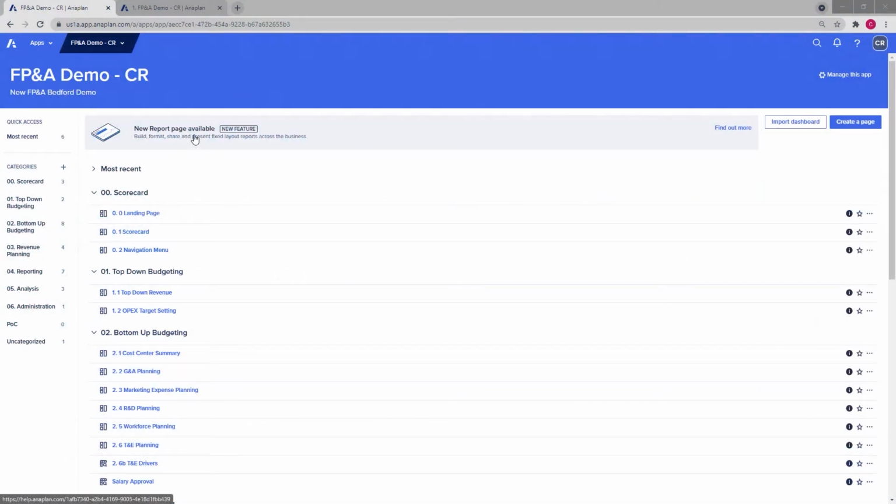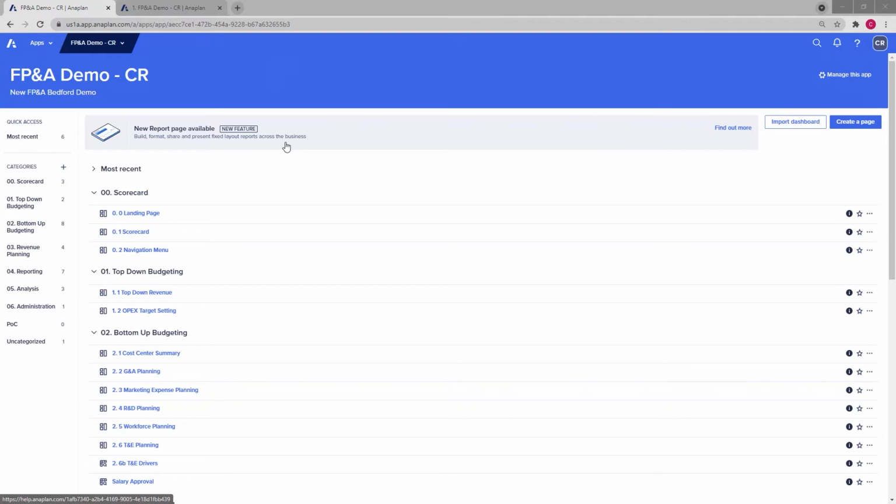Today I'm going to be showing you how to configure Anaplan's new report page to enhance your reporting capabilities within Anaplan. Using the new report page, a page builder can create consistently styled report pages, including visualizations that will bring focus to relevant data and help you to communicate actionable insights. Anaplan reports are for all users, but particularly those who need to transform data into visually compelling narratives to help drive decisions. As a page builder, you can create management reports as well as slide decks for executive stakeholders based